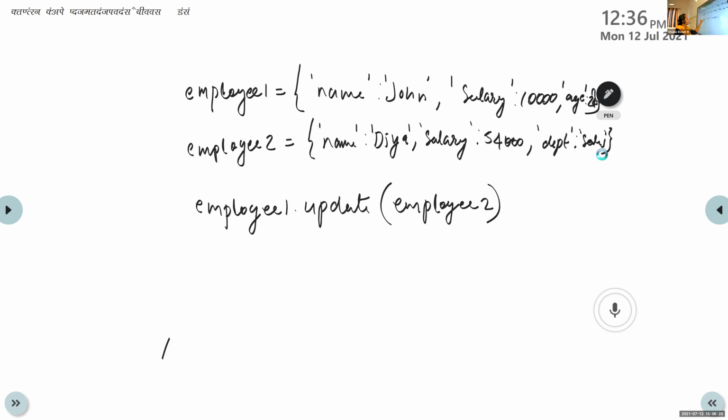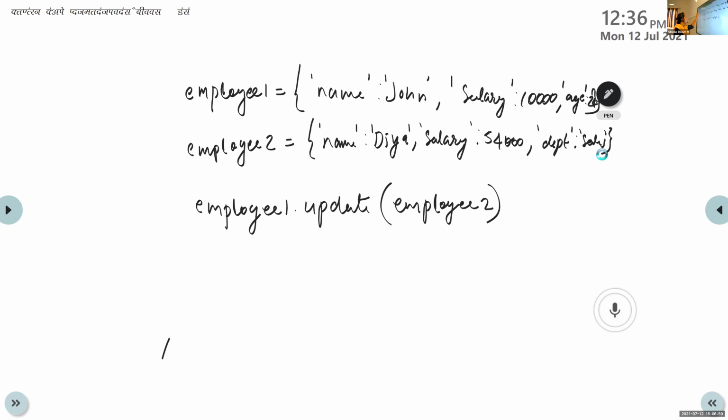So we are changing the contents of employee1. So write employee1 here. There is no change in employee2. We are just updating employee1. For that I will write employee1 dot, the method name, update. Within the brackets, which dictionary are we using for updation? Here we are using employee2, so write the dictionary name employee2 here. Is this statement clear? We are updating employee1. There is no change in employee2, but we are updating employee1's key values.